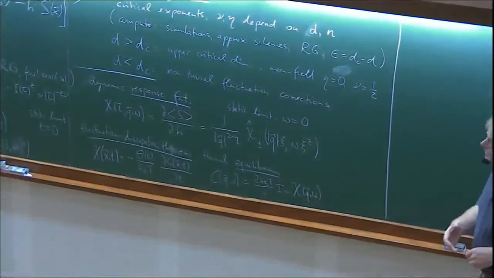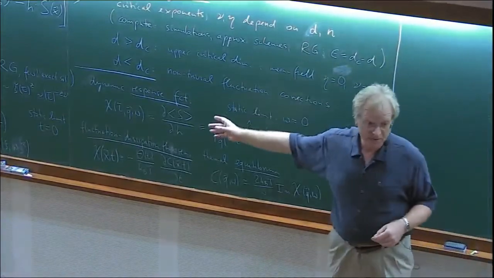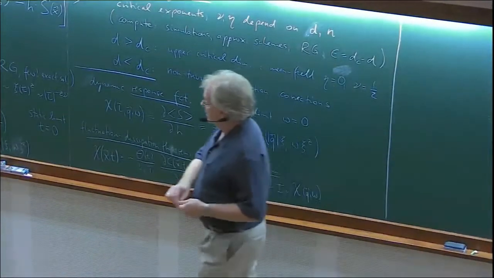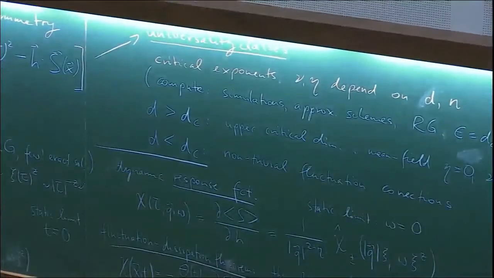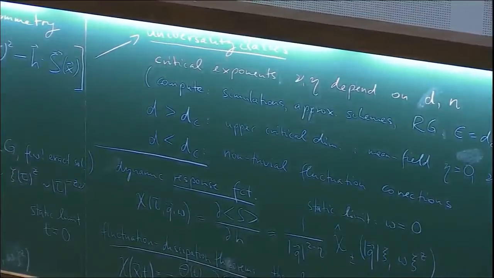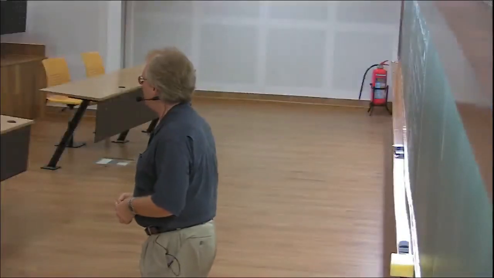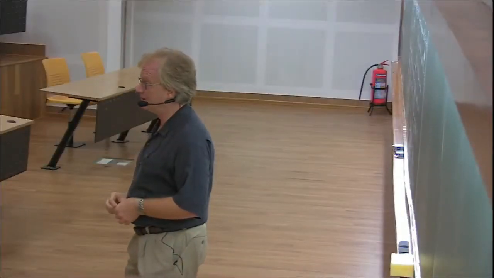And so what we are going to be asking is, what about dynamics? If I now impose dynamics, on what things will the dynamic exponent z, for example, depend? Do I actually get away with a single dynamic exponent if I have more than one set of dynamical variables I need to worry about? So that's the issue of critical dynamics.